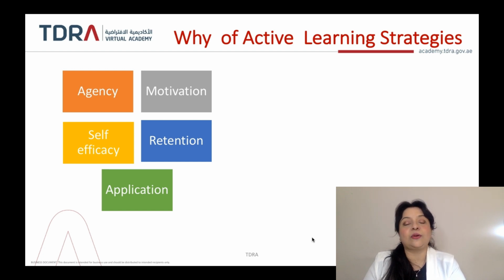Secondly, self-efficacy is also dependent upon your opinion about yourself. What did you learn? What did you make out of it? What were your strengths? What were your weaknesses? What were your failures that you can learn from? What were your wins that you can build upon? This is what we call self-efficacy.